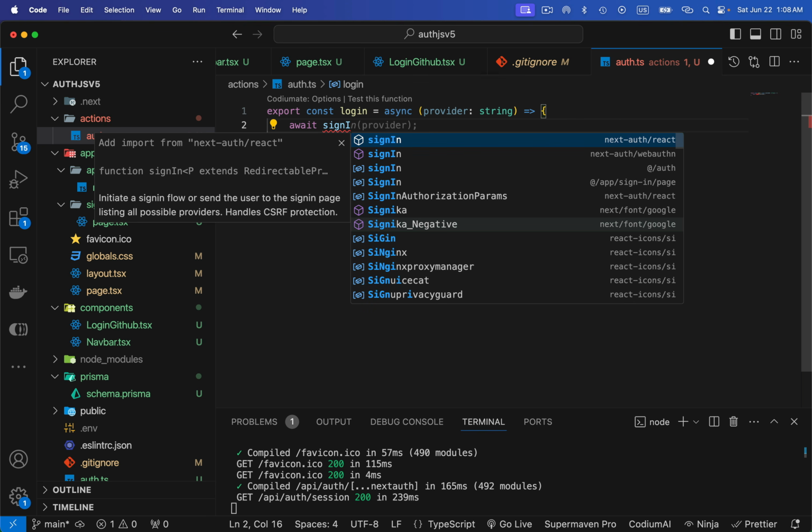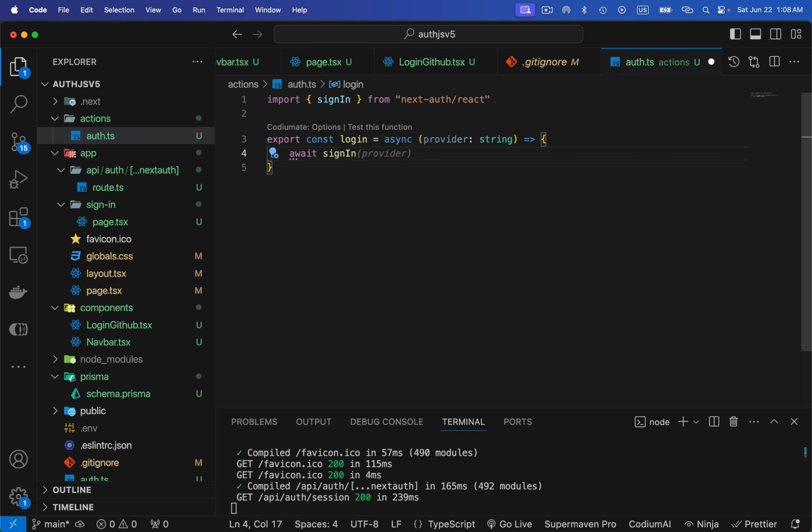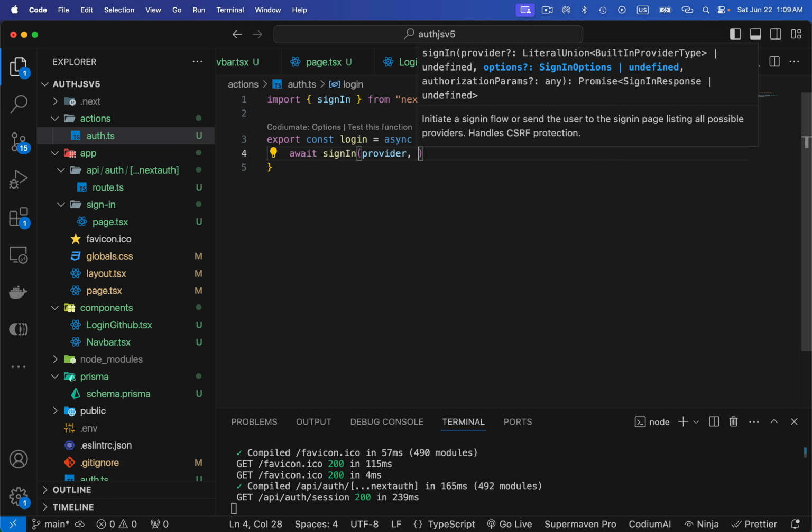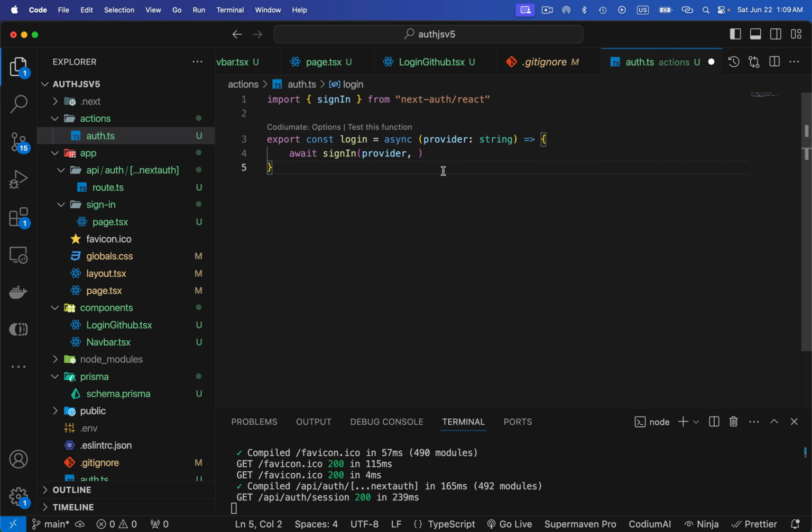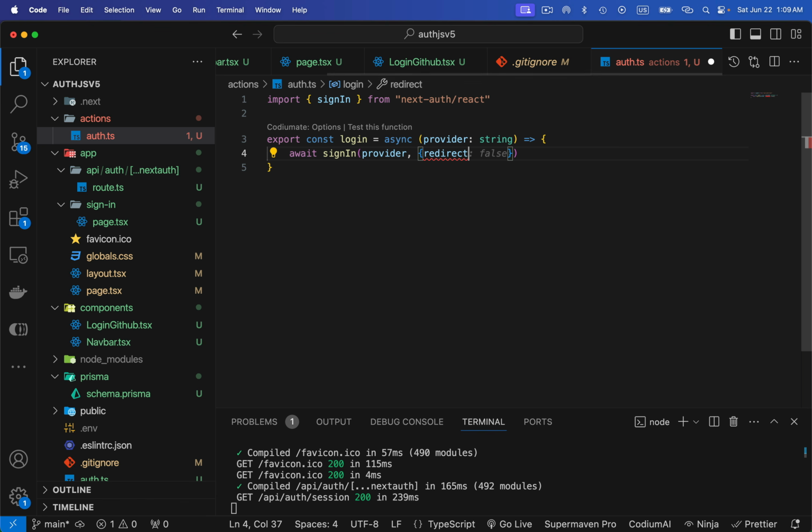Sign in is going to be coming from next-auth React, which is the built-in function provided by Auth.js to log in with any provider. So I'm going to pass the provider. Once the login is successful with GitHub or any other provider, I'm making this function dynamic from the client side, from the components, whether rendered from the server side or the client side. I'm going to pass GitHub, Google, Facebook, or any other provider which is going to be used to log in a user. Okay, and once the successful login is done, I'm going to redirect it to